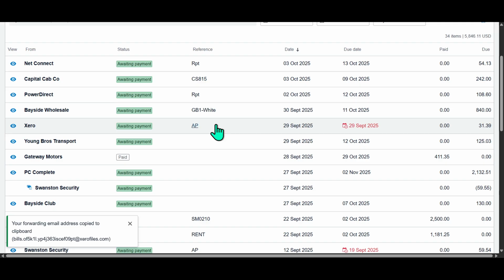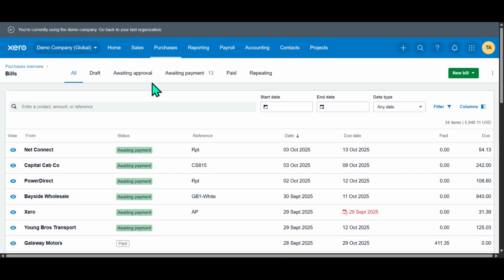That's it, and that's all there is to it. You've now successfully configured Xero to draft your bills automatically, streamlining your workflow and allowing you more time to focus